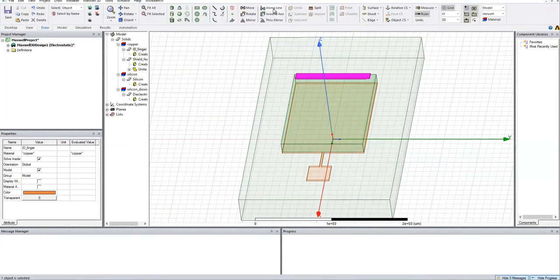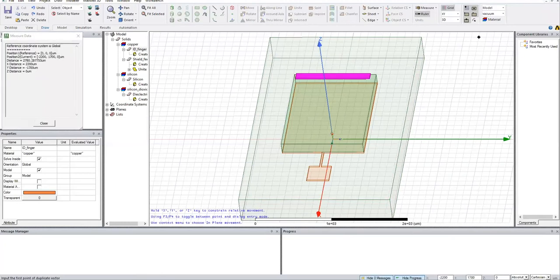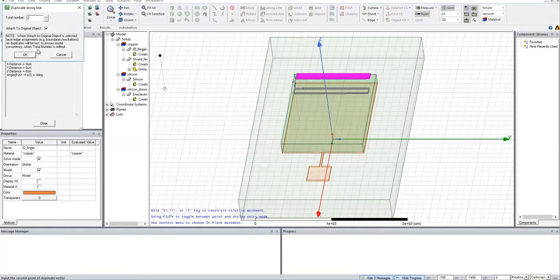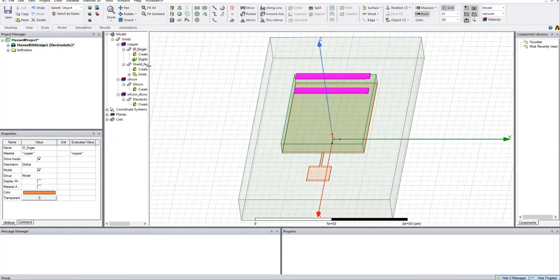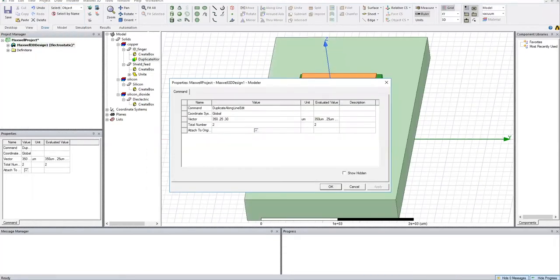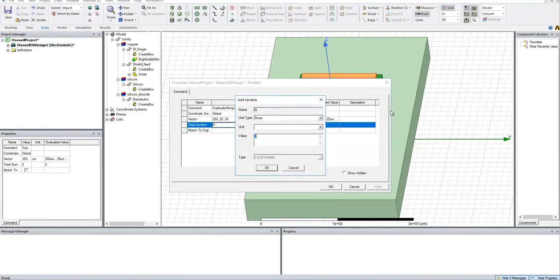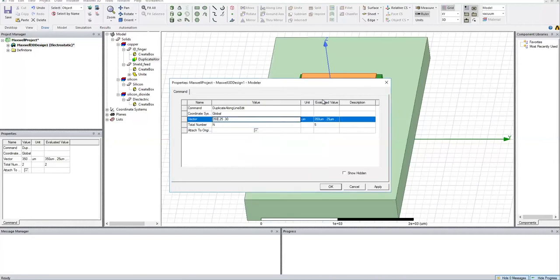Now we use this IDE finger and make duplicates of it along the line. In our case, the total number of IDE fingers for two IDE electrodes is 10, which means that for each IDE electrode, there are 5 fingers.